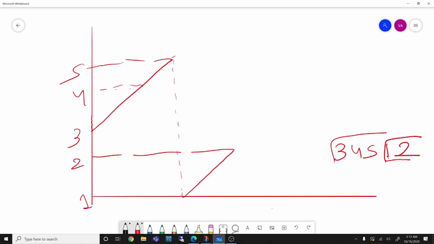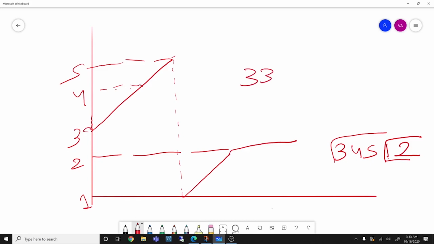Now the difference between this question and Search in a Rotated Sorted Array 1 is that this question has duplicates. So in the sorted array part 1, this is the graph that is followed. However, in this particular problem, it can go up to 3 and then repeat itself. Or instead of going up to 3, 2 can repeat itself like this over here. Even 3 can repeat itself over here.